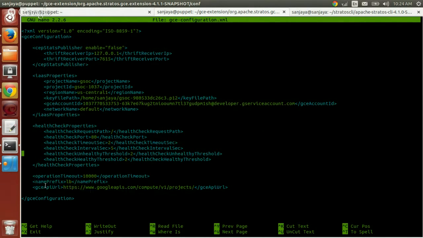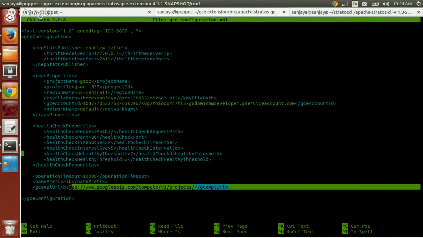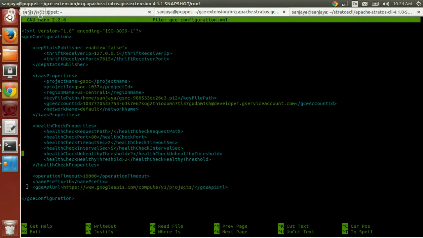Normally, this is the GCE API URL. This is the REST endpoint of the GCE API, so we don't need to change this. Currently it has this endpoint. Once we have configured this file,